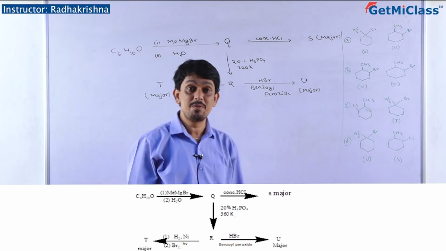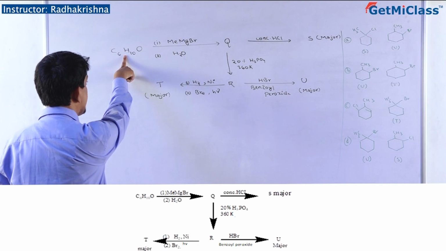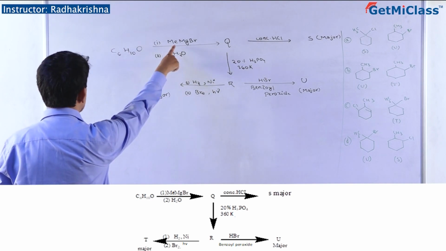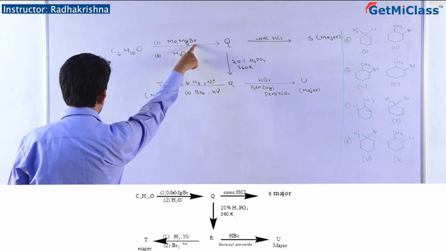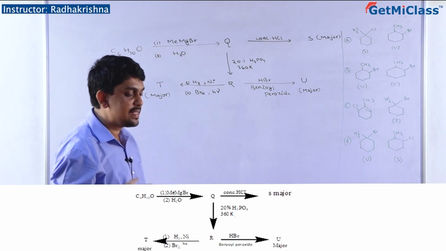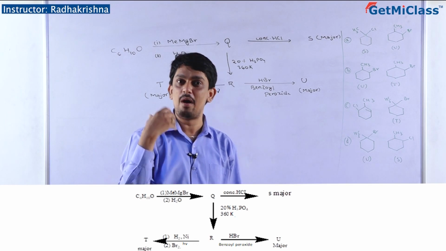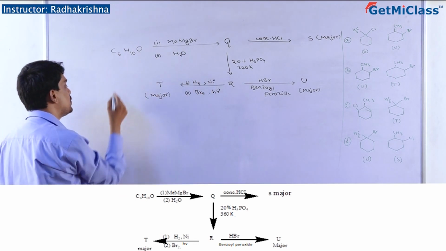Students, look at this root map question where we are going to start with C6H10O. It is going to react with methyl magnesium bromide followed by hydrolysis. I know that normally this Grignard reagent reacts with carbonyl compound, so I'm going to start with the carbonyl compound